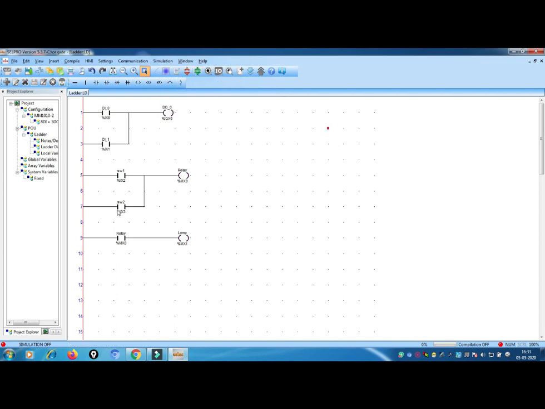Okay, so thank you guys, hope you understand this logic. It is quite simple, very simple to understand, and it's like a paper diagram only, but when you are dumping it into a real-time PLC, you have to draw the same thing and dump it, and you will definitely get it.